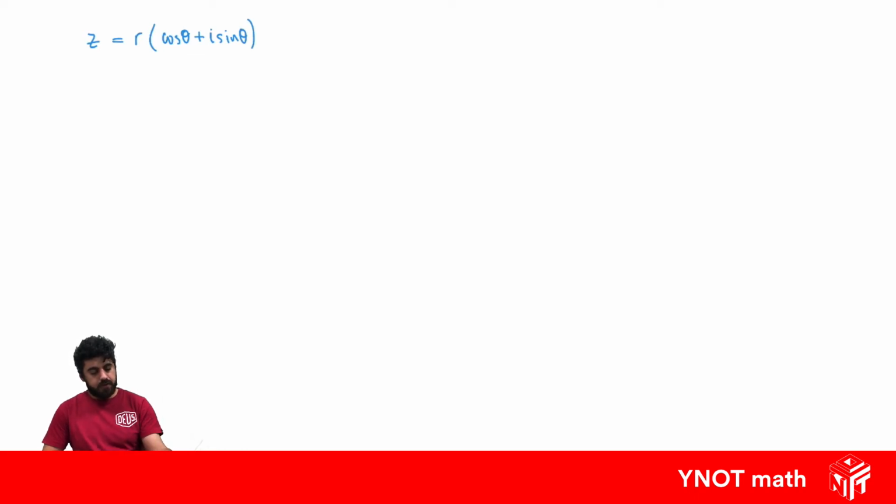If we want to investigate what happens when we raise both sides to the power of n, we're going to get r to the n outside of cos theta plus i sine theta to the power of n. Now, before we look at that any further,